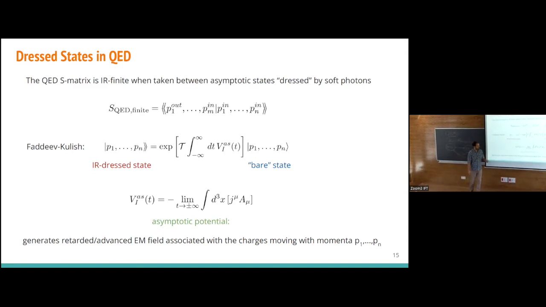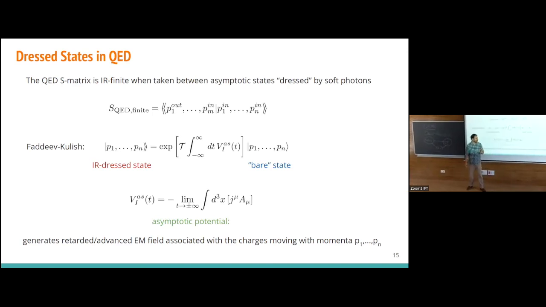This is similar here. I identify a part of the interaction between the charges and the monopoles which gives me trouble, which gives me IR divergences. That's just the Coulomb part of the interaction, that gives me the Coulomb law, that gives me IR divergences. And what I do, I rotate this part of the potential. The t going to plus minus infinity means that I take the infinitely soft, zero energy photons exchanged between different charges and monopoles in my case.